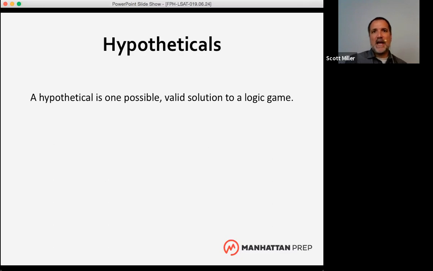So we're talking tonight about an individual specific skill that you want to master and get really good at. That's what we're focusing on. And along the way, we'll talk a little bit about logic games in general and how to approach them. But when we talk about creating a hypothetical, creating a single possible valid solution to a game, it's kind of